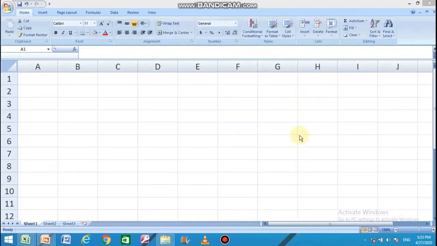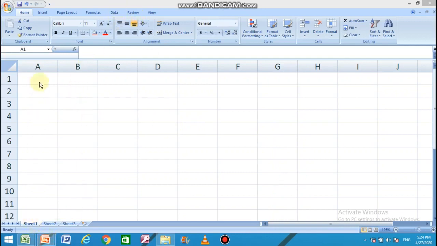Students, let us understand the cell referencing of other sheets. Means using data from different sheets for calculation. Let's see how it is done.